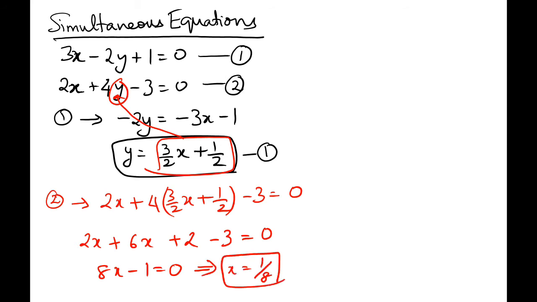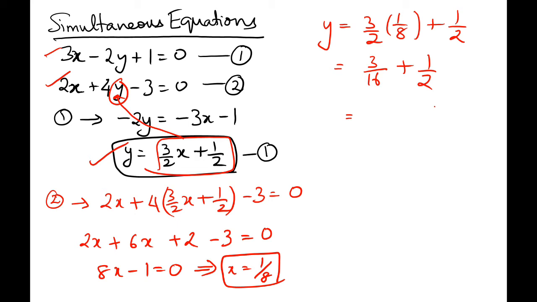It's the same method. The thing is, you are going to change one of the equations into the form y equal to mx plus c and substitute into the second equation. So now you can easily find y. In this case, instead of using these two equations, it's easier to use this one because it directly gives you the value of y if you substitute the value of x, right? So it is easier to use this equation to find the value of y,